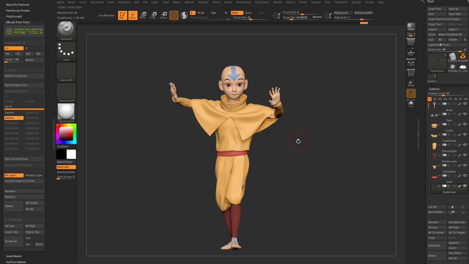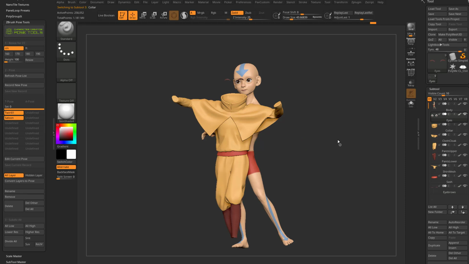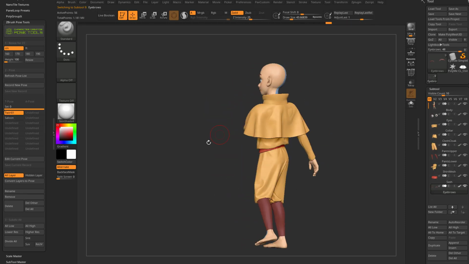If you want to know how to send accessories back over, watch the previous video, and you can continue to make all sorts of cool poses